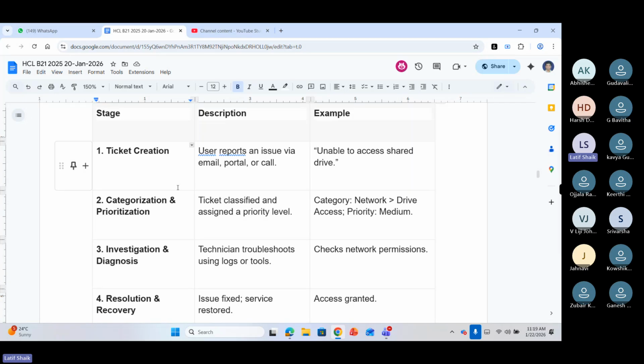We're going to create a ticket, right? The ticket is created when you receive information through email, portal, or telephone. So we receive something and the ticket is created. For example, a user reports an issue via email, portal, or telephone call: unable to access shared drive. So once you receive it,